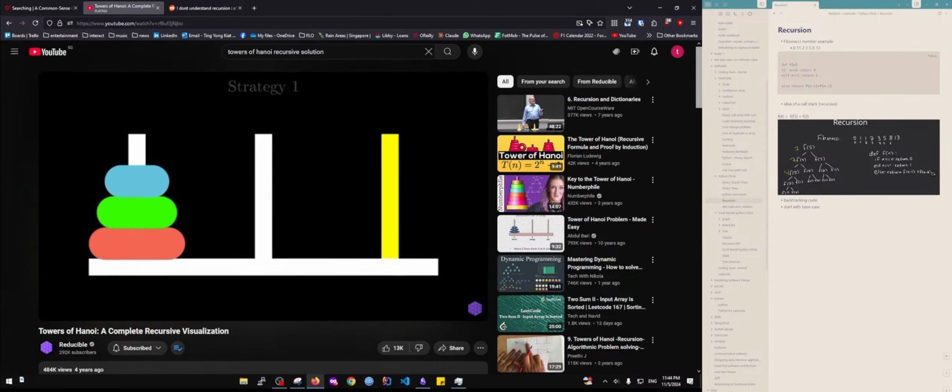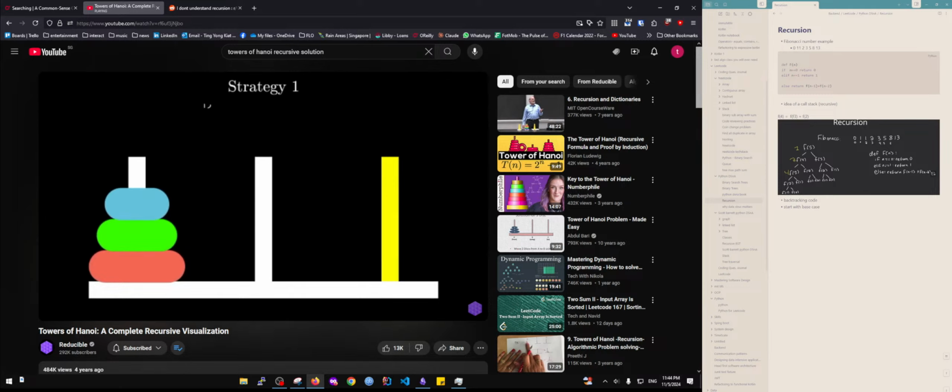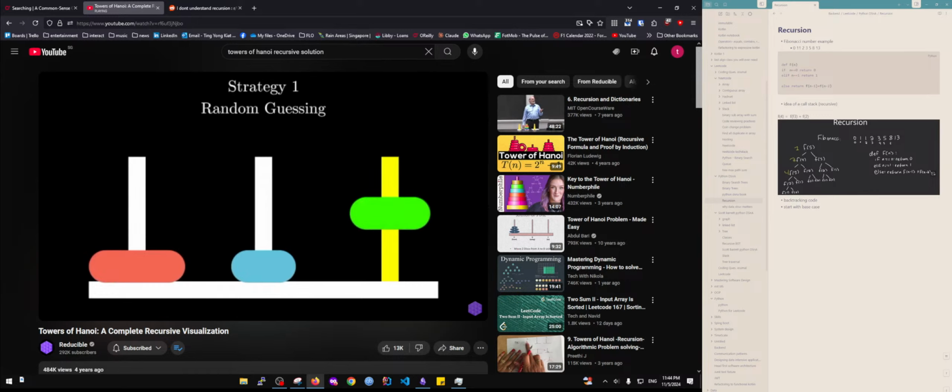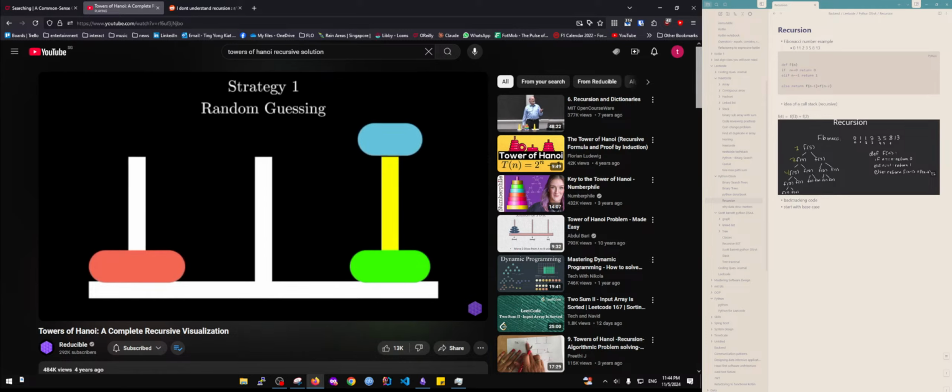If you're like me, your first go-to strategy in any type of puzzle is random guessing. And honestly, there's no shame in that. Random guessing is the oldest strategy in the books. So if I'm looking at this problem, the first thing I might try is to move the smallest disk to the middle rod. And then the next move is basically forced from there. I would move the green disk to the rightmost rod, since I can't move it to the second rod because that would violate the rules. After that, the next move that makes the most sense is to try and move the smallest disk to the rightmost rod. And at this point, after I've finished completely destroying the order of this problem with 3 random moves,